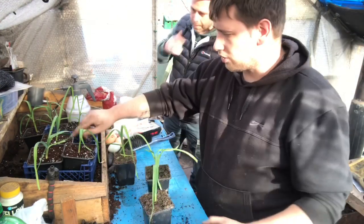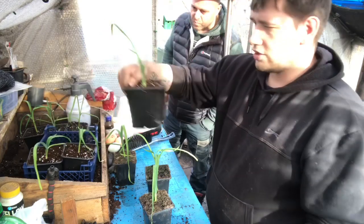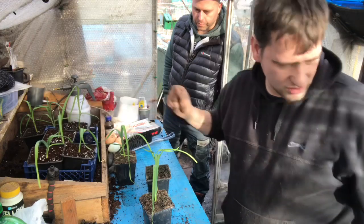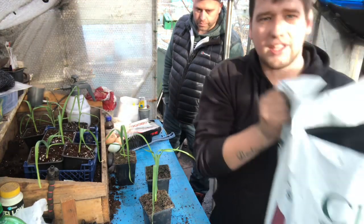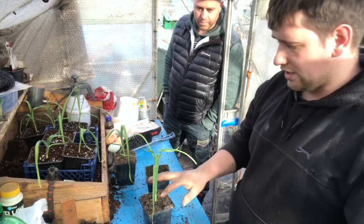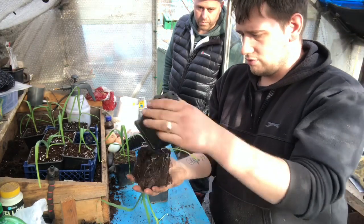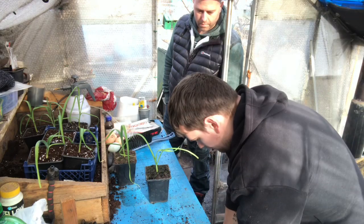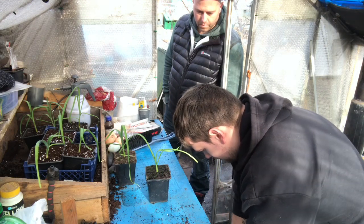I've already made a start and potted some, these 3, on. I've put them into the Clover Professional compost that I got the other day. So that's that one there. All I've done is take them all out, so you can see on the roots, good root system on there, but I'm just going to be clearing all of it off